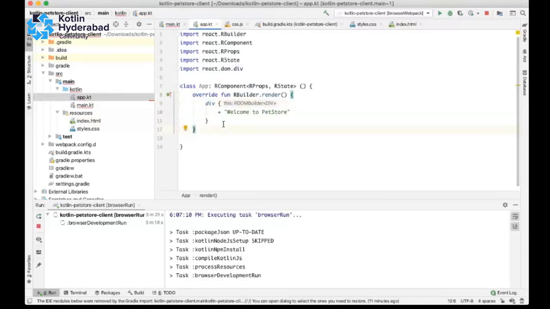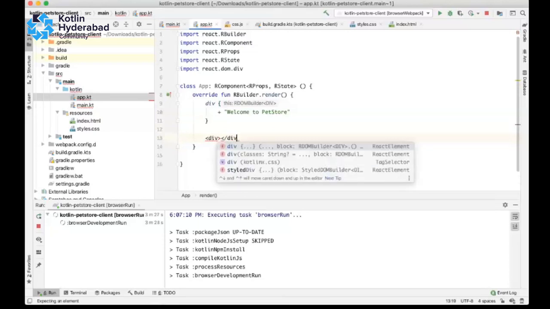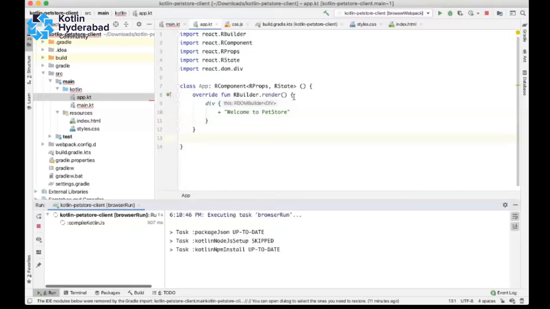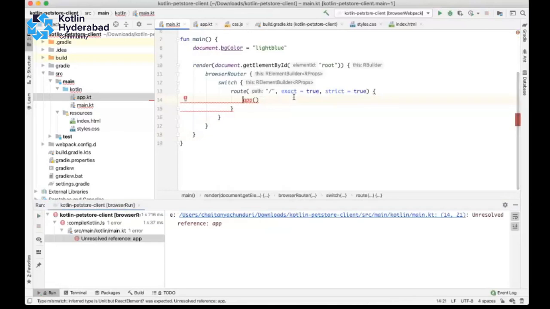Generally if you want to create an HTML tag, you have to write it in a verbose way, but you don't need to write like that. If you know how to use lambda functions, that is enough here. If you want to know more about these things, I also gave a talk previously on this channel. You can refer to that.